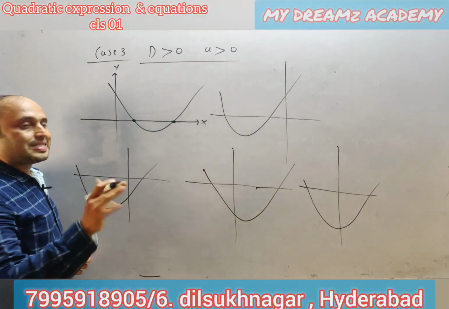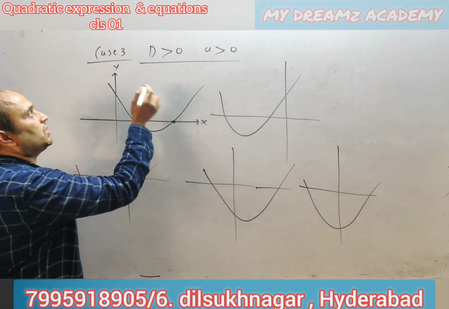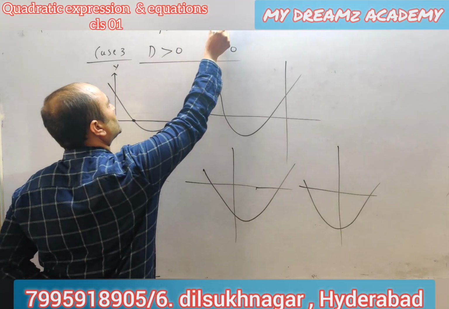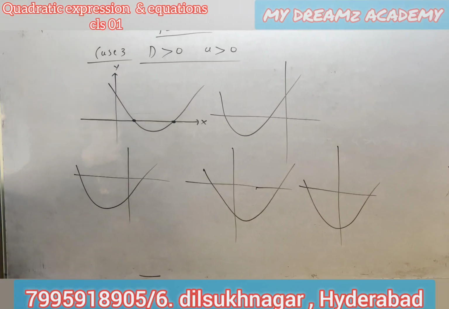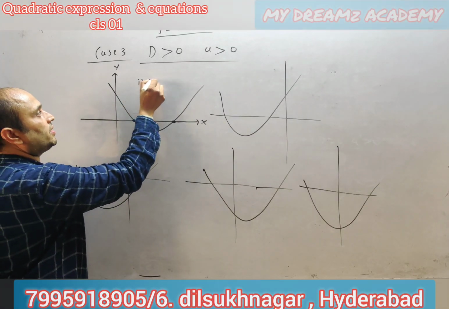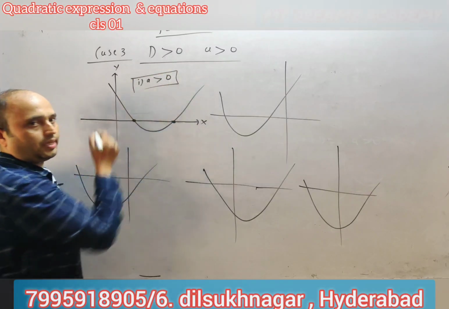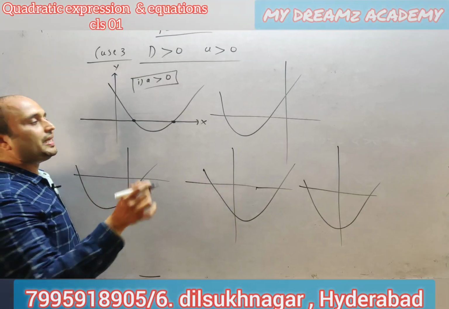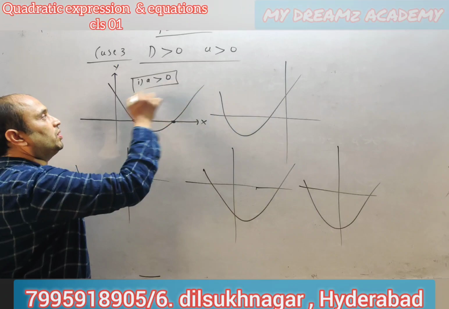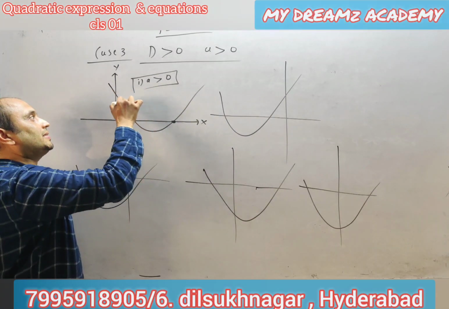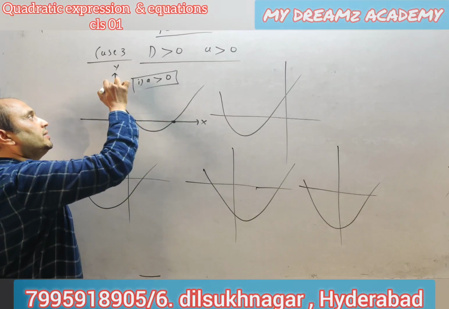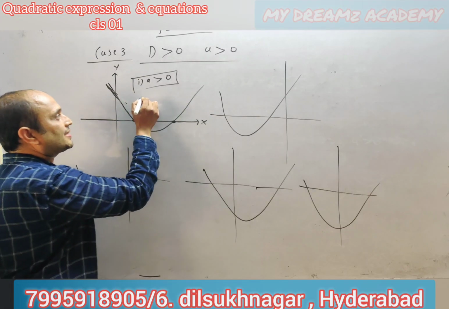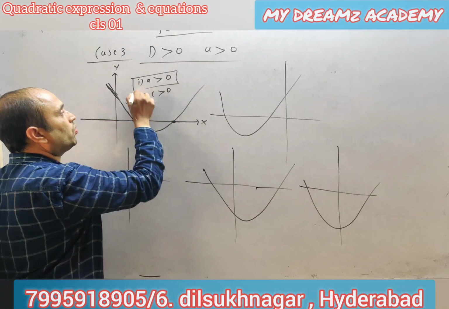Now here I want to discuss the signs of a, b, c in the quadratic expression. Suppose y is equal to ax square plus bx plus c. I want to decide the sign. First thing, in this case a is greater than 0, because that is an upward parabola. Next, what about the c? If the curve intersects the y-axis at this point, this distance is positive because it lies on the positive y-axis. So the second one is c is also greater than 0.